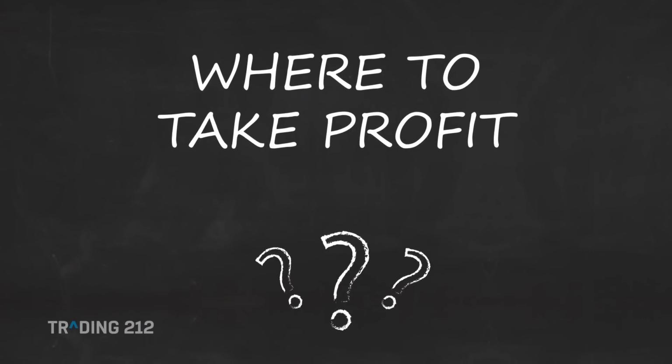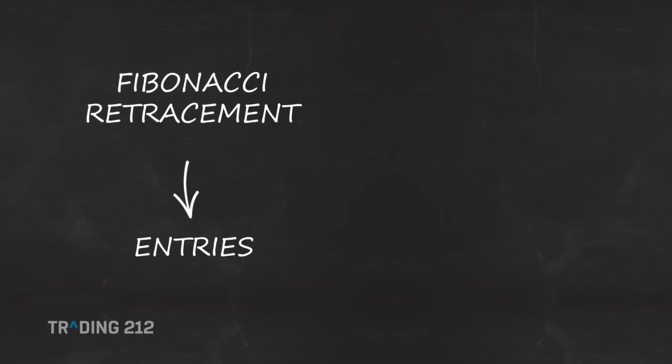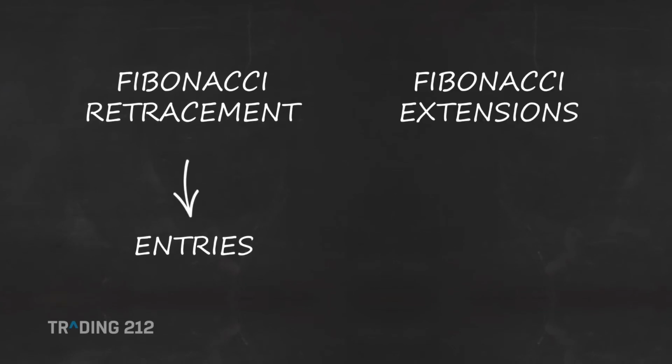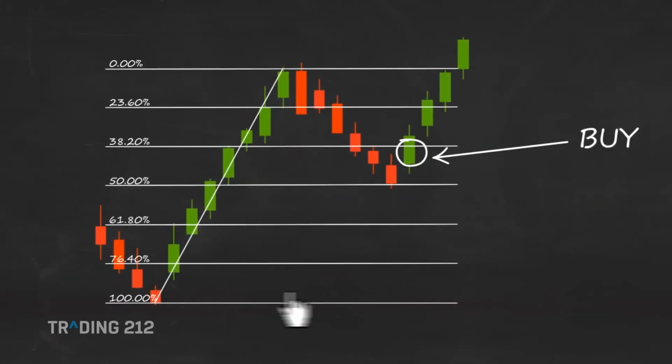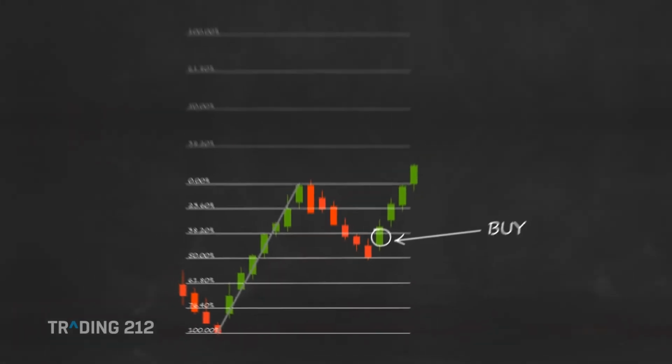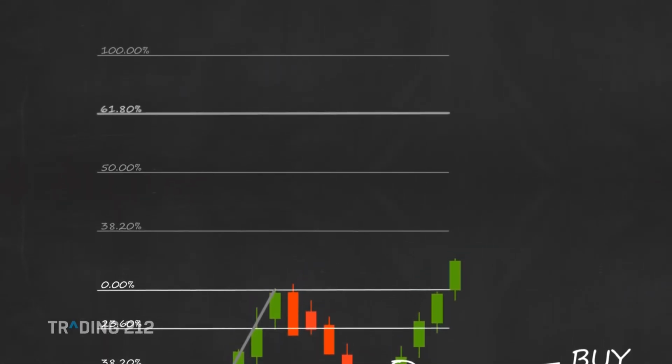And now for the best part, your target profit. If we use Fibonacci retracement levels to forecast entries into the market, we can use Fibonacci extensions as reasonable profit targets. Fibonacci extensions make good potential take-profit levels for trades in the direction of the trend. Similar to the retracement levels, the key Fibonacci extension levels are 38.2%, 50%, 61.8%, as well as 100,